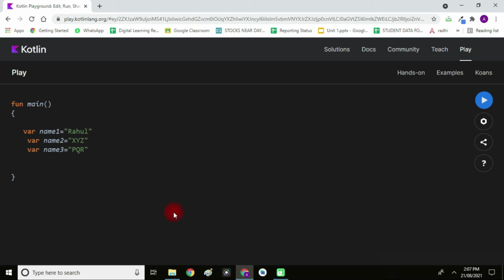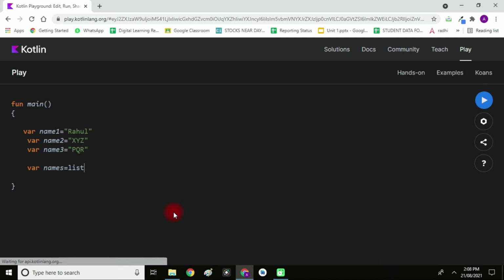So every time creating a separate variable for a separate value is not a feasible approach. So we have the collection. Now what is a collection? A collection can hold all these three values together with a single variable name. So I will create a collection here. Let's say I am creating names. This is my collection name, and here I will use listOf. This listOf is a collection where we can use multiple values.